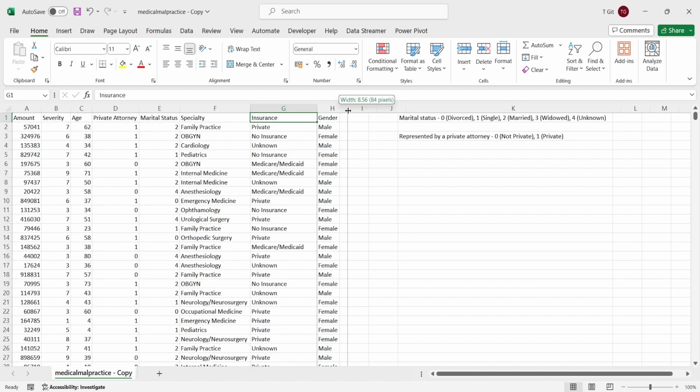Then we have the last column, that is the gender column, and it tells you about the gender of the patient or the claimant, right? So this is the data that we have, and we are going to use this data for our analysis. Now let's see what are the different types of values that we have in our data